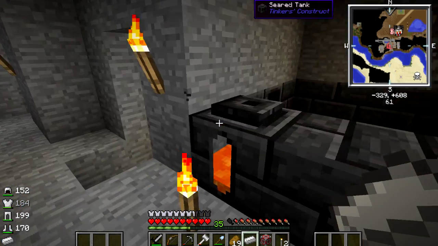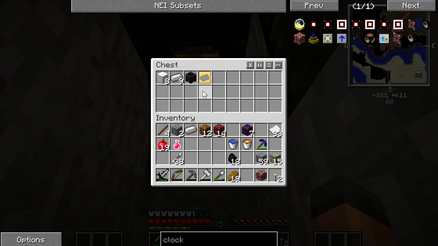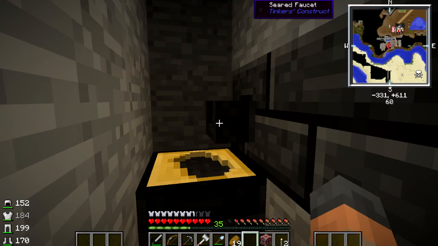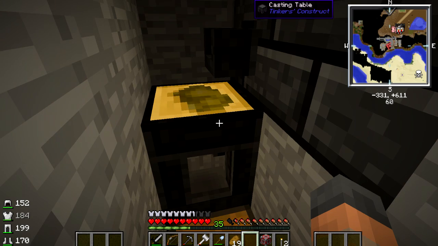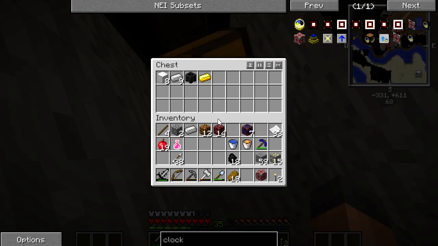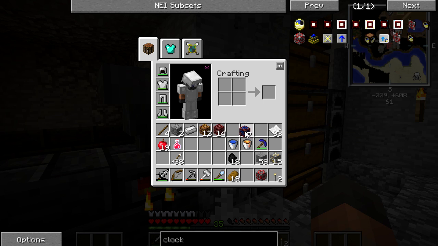If I could hover over it, enough for one ingot. So, where did the cast go? I bet it went down there. There we go. If we put that in there and right click that, we'll get one gold ingot as well. And then the hopper should take that. There we go. Awesome. And now what we're going to do is put these two ores in there, the cobalt